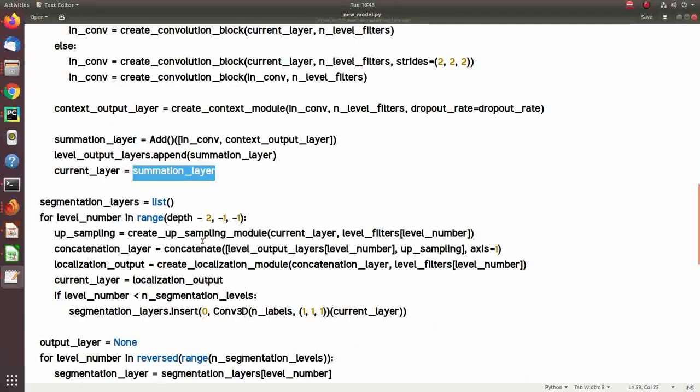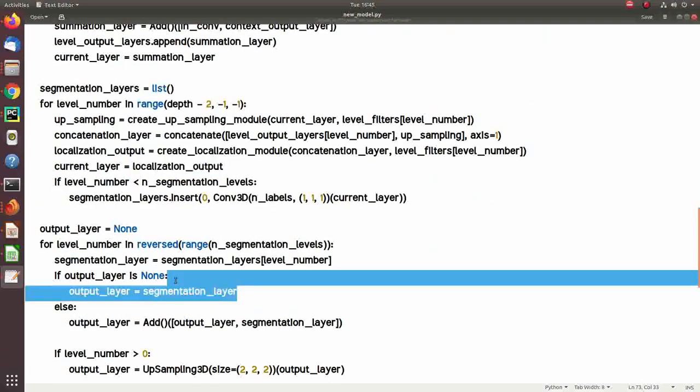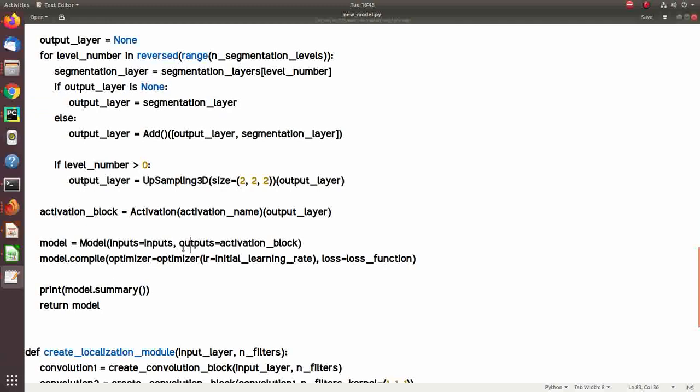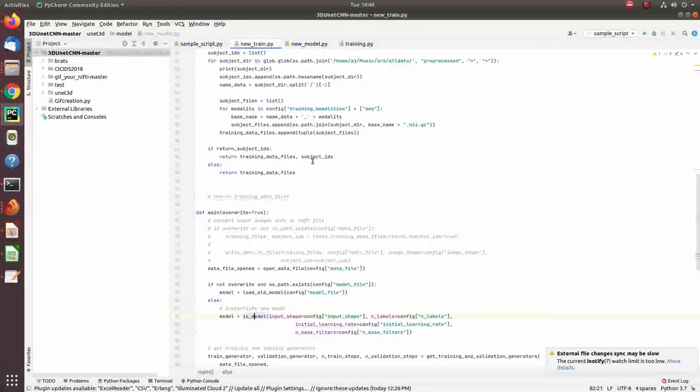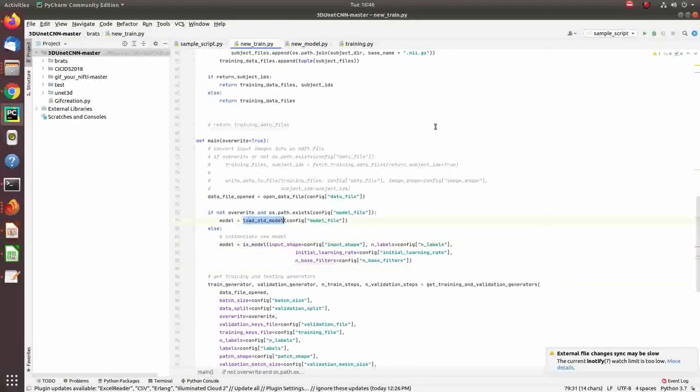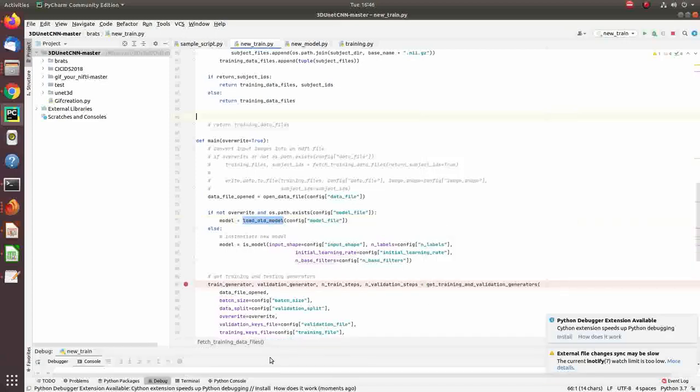Then our upsampling block comes into existence, and finally our upsampling 3D block with the output layer, with the number of labels we want to segment in the main program. You can see the similar type of architecture while I debug, and I'm going to start the debug from here. Let's see what we'll get.